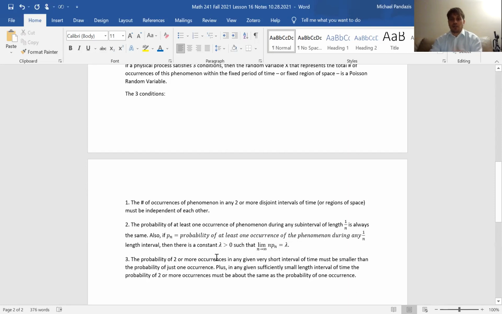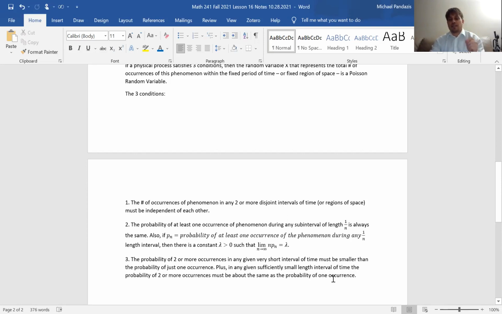Okay, so no matter how short of an interval you choose, the probability of two or more occurrences has to be strictly less, not equal, strictly less than the probability of just one occurrence, right? So requiring that more than just one occurrence happens means that its probability cannot be greater, right? You're assuming the first occurrence and another one. Okay, so the probability can only go down. It could be the same or it could be less, but here it's saying it has to be strictly less.